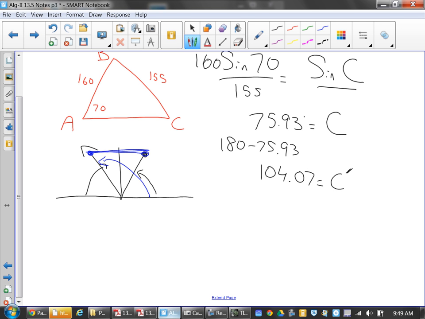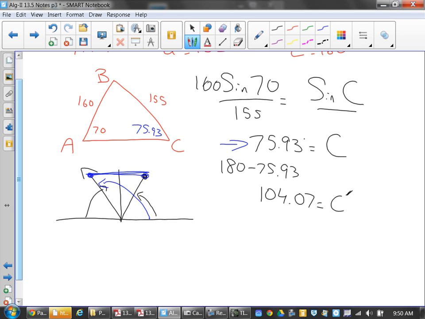What I did here was, this was our first value of C that we found. Knowing that the value of an angle has a sine value that's positive in two different quadrants, I figured out what the other angle possibility is. So that's why I called it C prime. There are two different angles that have the same sine value between 0 and 180 degrees. So what I want you to see now is, if I put 75.93 in here,